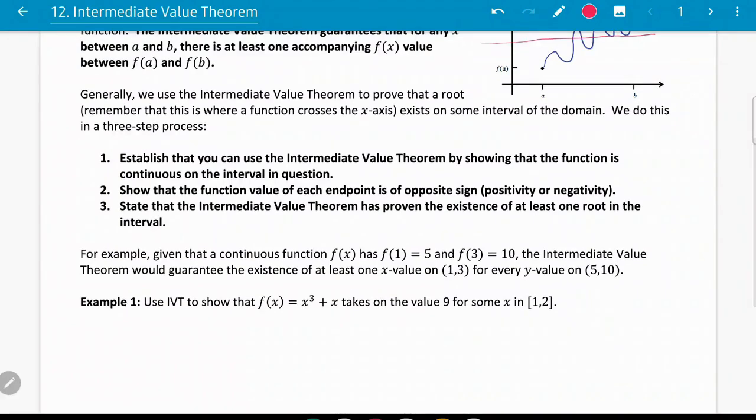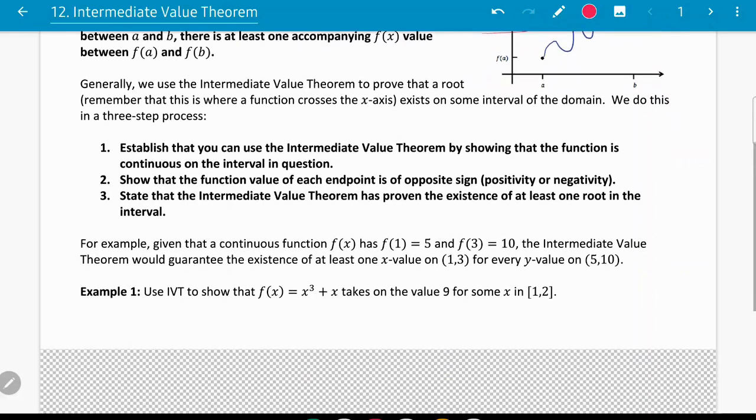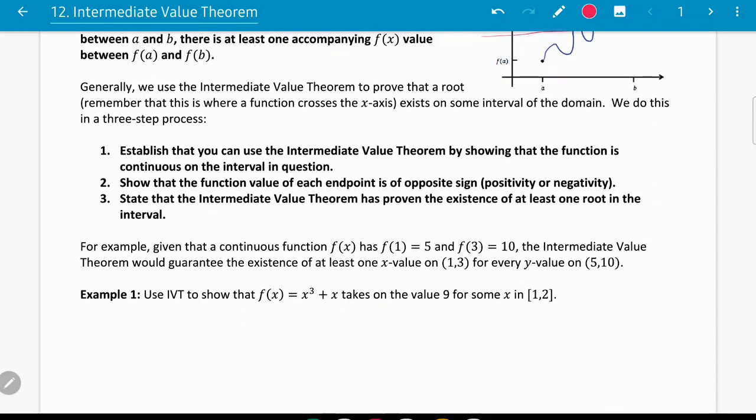So, generally, we're going to use the intermediate value theorem to prove that a root, remember this is where it crosses the x-axis, exists on some interval of the domain. So we do this in a three-step process. We establish that we can use the intermediate value theorem by showing that the function is continuous on the interval in question. We show that the function value of each endpoint is the opposite sign, so one's positive, one's negative. And then we state that the intermediate value theorem has proven the existence of at least one root in the